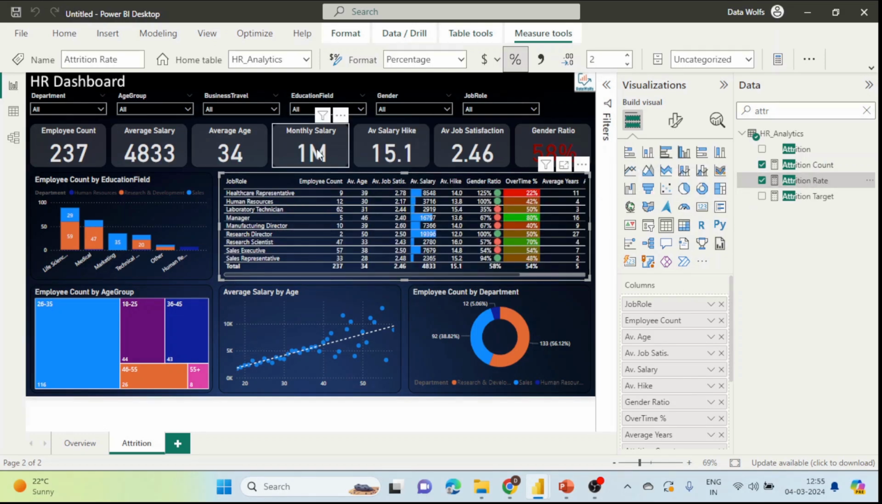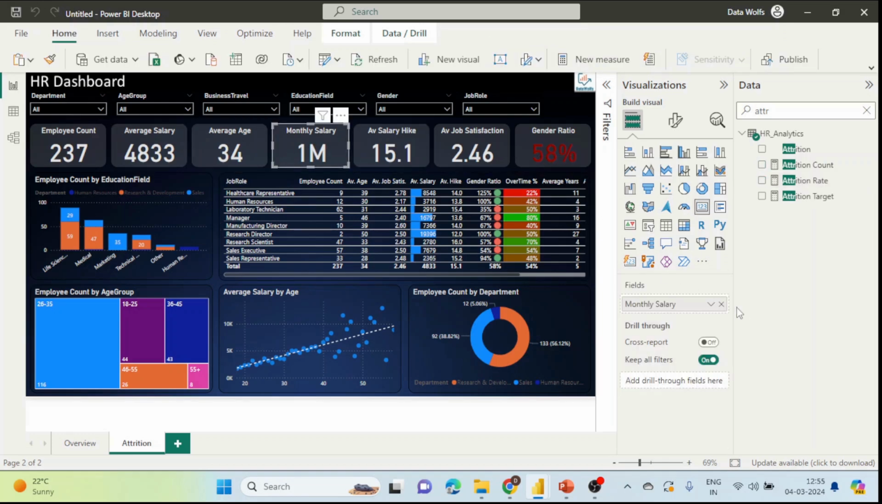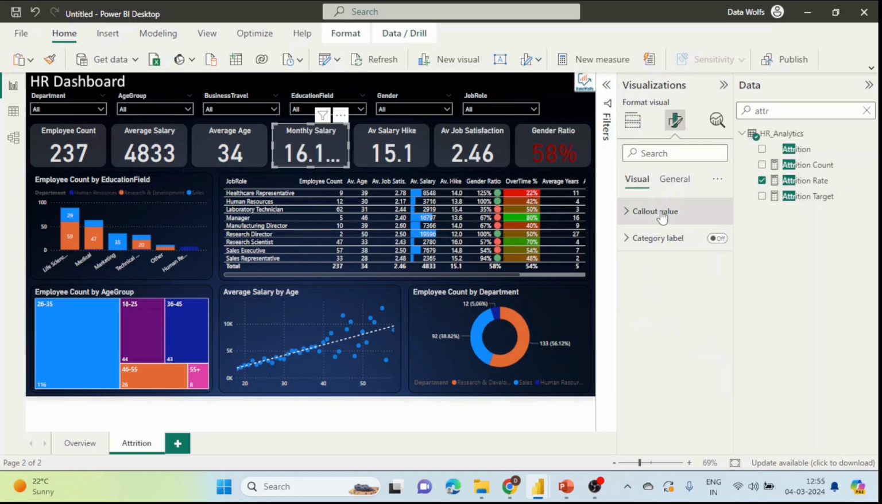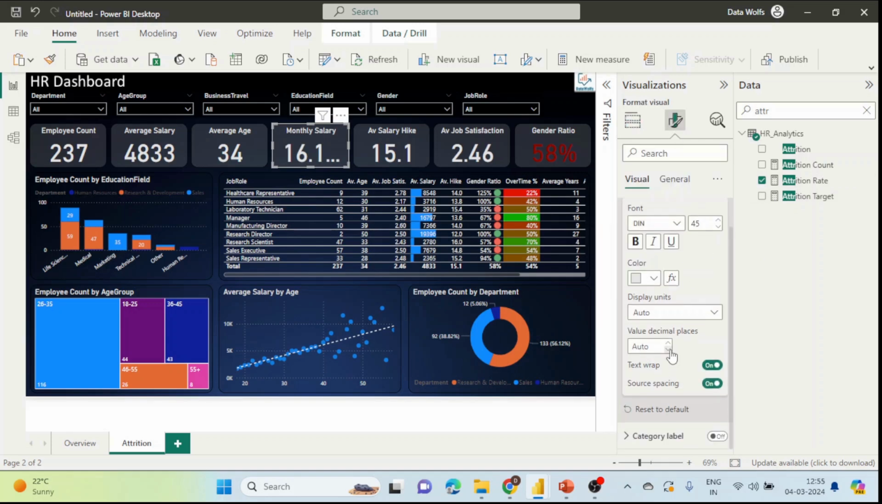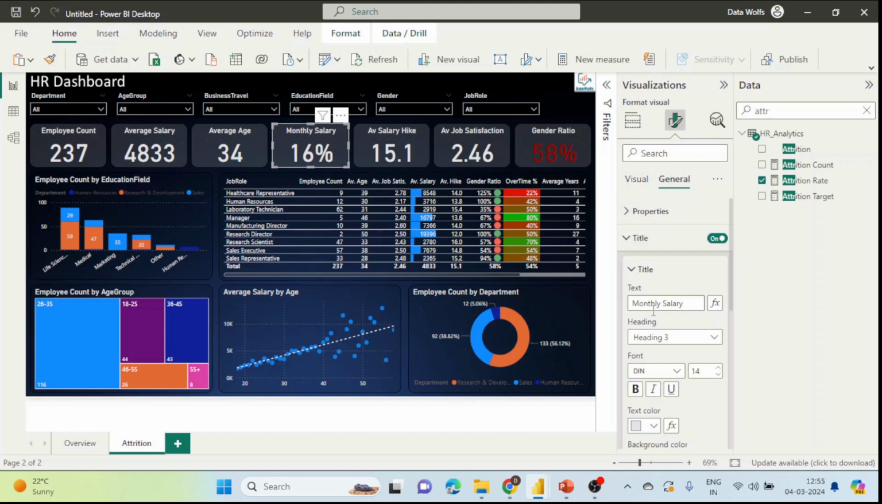Now we will change these KPIs. So this KPI we require, this KPI we require. Let's change it to attrition rate. I will remove this, add attrition rate here. For call out value, I will reduce the number of decimals. Let's change it to 16%. Then I will change the target to